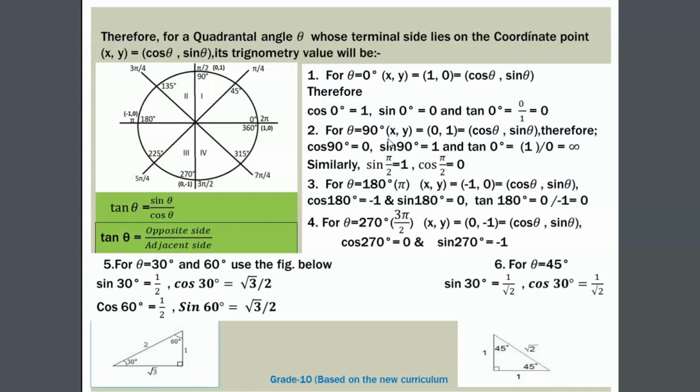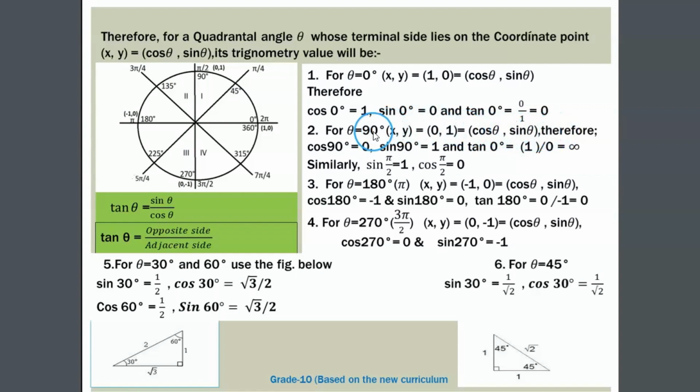The coordinate points of the terminal side for theta 90 degree, የ90 ዲግሪ ተርሚናል ሳይድ የሚገኘው የት ነው? ፖዚቲቭ y አክሲስ ላይ ይገኛል። ስለዚህ ኮኦርዲኔት ፖይንቱ የተርሚናል ሳይድ 0,1 ነው። 0,1 ኮኦርዲኔት ፖይንት x, y ከማን ጋር እኩል ነው? ኮስ ቴታ ኮማ ሳይን ቴታ ጋር ቅድም አይተናል።